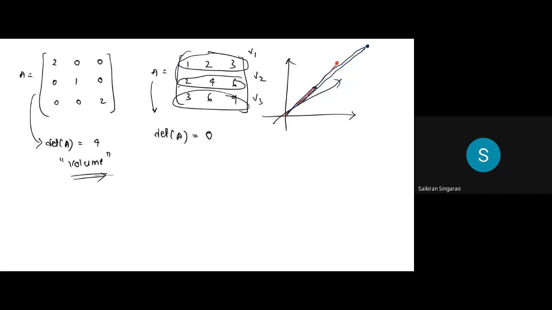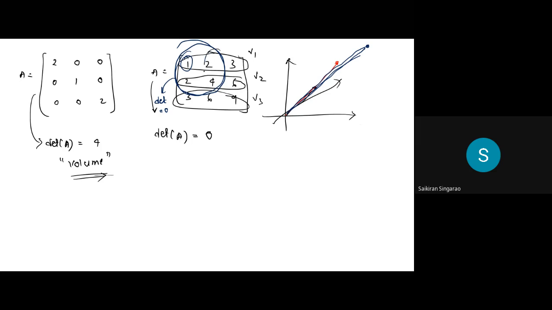And if you take any 2 cross 2 in this and try to find the determinant, that will also come as 0, because there is no sheet area. There is no 2-dimensional picture forming here. Only one line is forming. That's why only the 1 cross 1 determinant will be non-zero. Any 3 cross 3 that you find will be 0. Any 2 cross 2 that you find will be 0. Only 1 cross 1 will not be equal to 0.